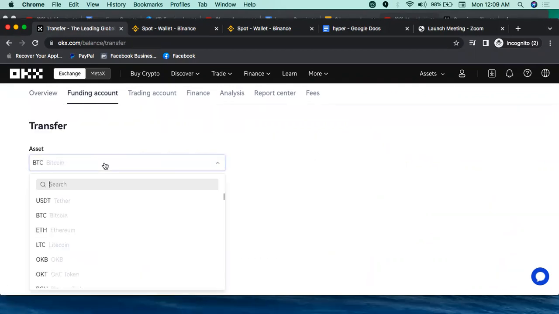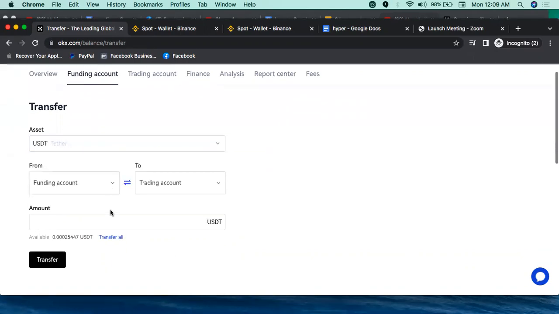And when you go to the transfer section, you choose the USDT option, do max or transfer all, and transfer, right? So when you transfer